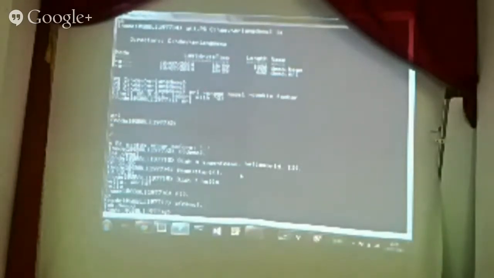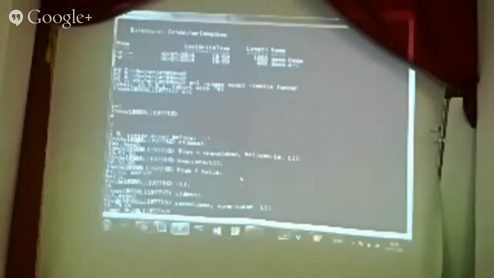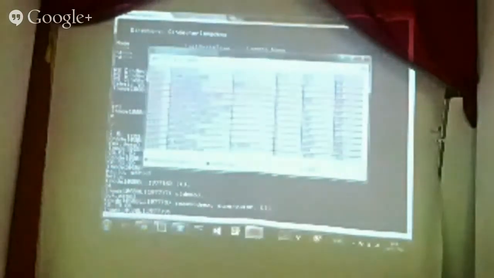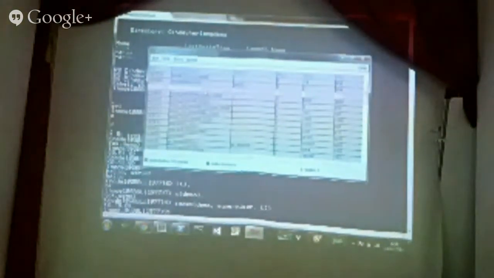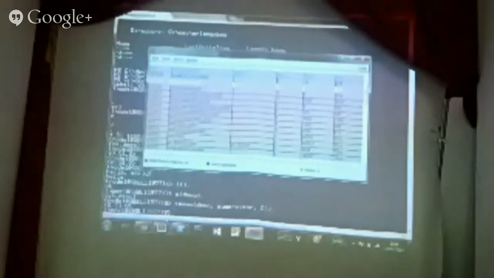Cool. And now that I've got a supervisor, and the supervisor starts my worker process, I don't have to remember the process identifier that is created. The supervisor is going to look after this for me. So I just have to say spawn demo, the module name, supervisor, and arguments, which is an empty list. Cool. So now my supervisor started, and if I look in here again, I should hopefully see, yeah, I've got my supervisor process running, and it has started up my worker process, my hello world process.